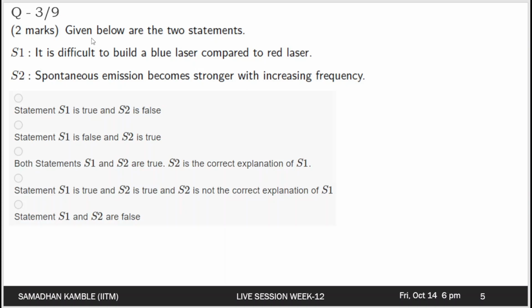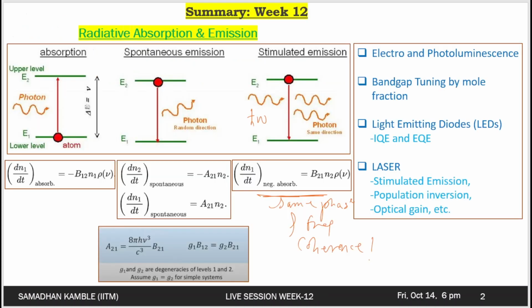Okay, first statement is, it is difficult to build a blue laser compared to red laser. And the statement 2 is, spontaneous emission becomes stronger with increasing frequency. Okay, so for this, let us analyze it in some detail. If you look at the expressions for A21 and B21, if you go to the summary slide,